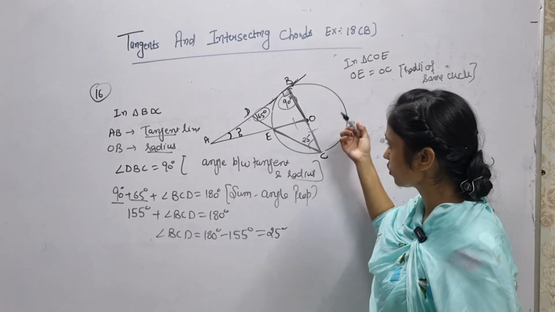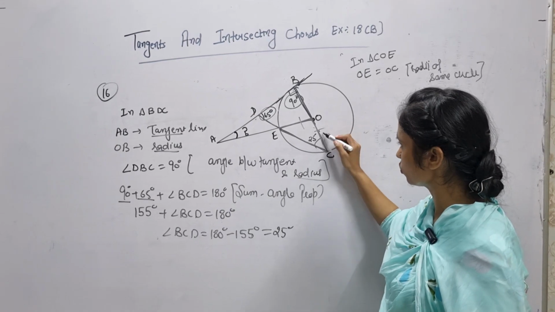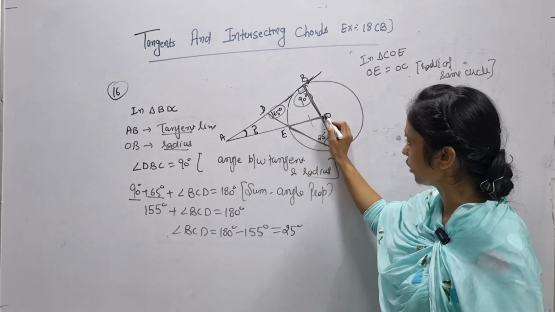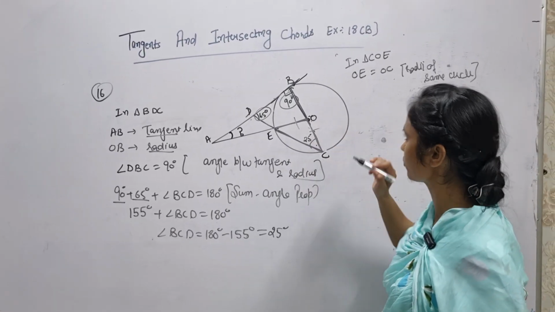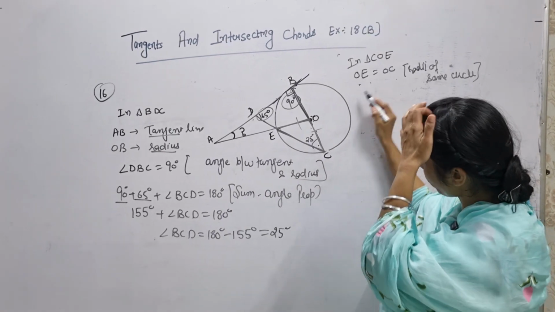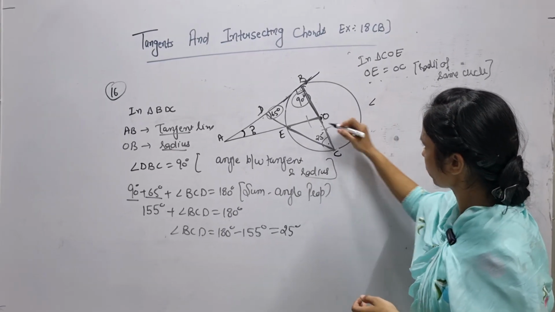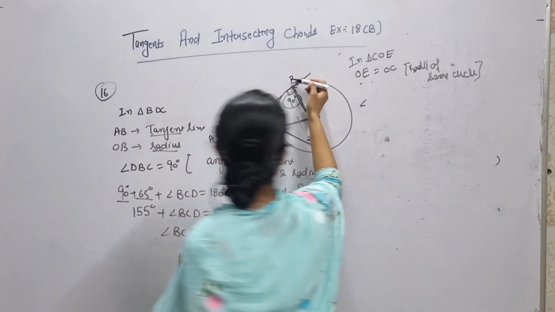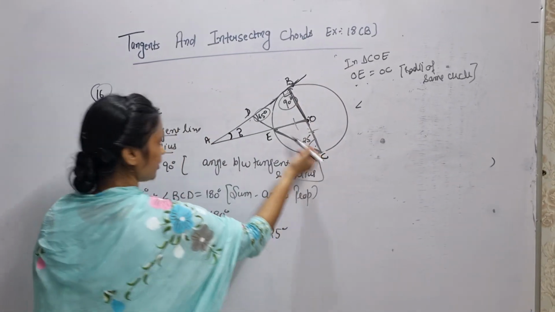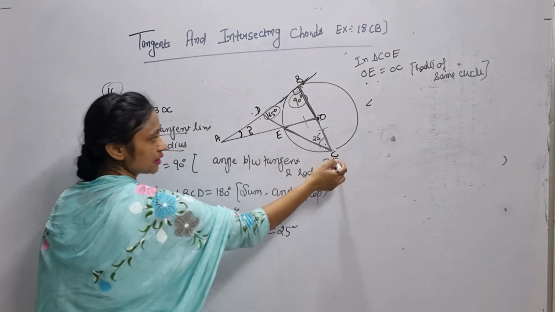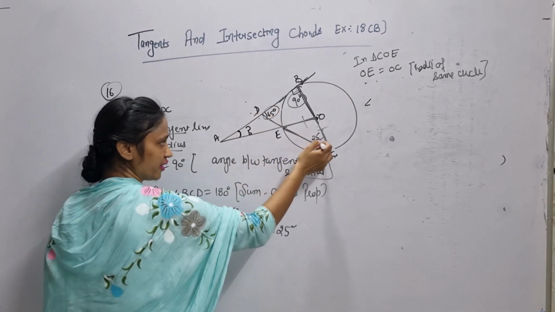Their opposite angles will also be the same. What is opposite to OC? This angle. And OE's opposite angle is this, 25. If we have calculated angle BCD as 25 degrees, so will be